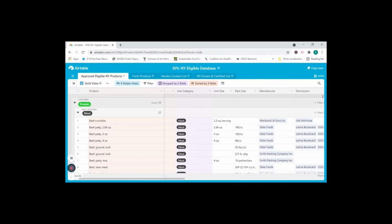There are 4 tables in the database: the approved eligible New York products, fresh produce, vendor contact list, and the New York grown and certified list. Let's start with the approved eligible New York products table. This table includes qualifying New York products that, for the most part, would be considered processed. Fresh produce is included in the fresh produce table, and at this time, animal proteins coming right from farms, like ground beef from a local farm, aren't included in the database as they're typically only regionally available, and the required paperwork is fairly nuanced. We grouped products by category, so you'll see that all of the protein items are together,